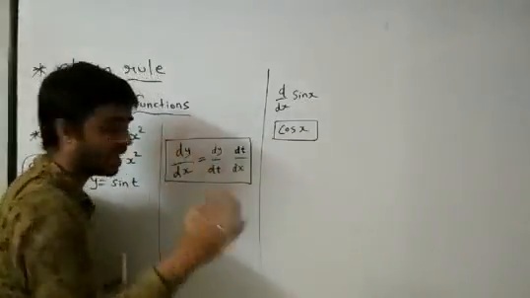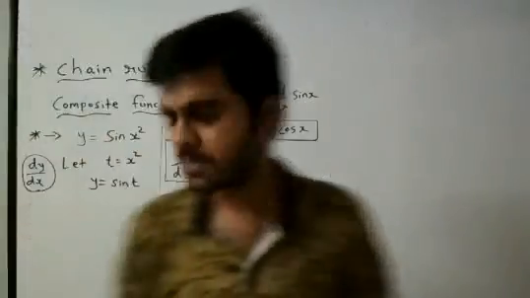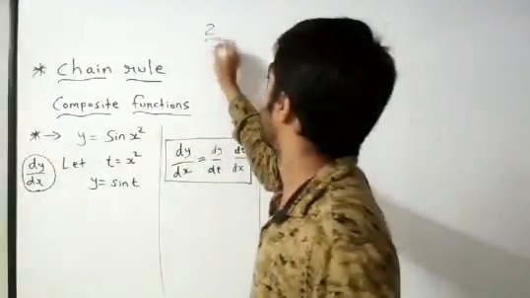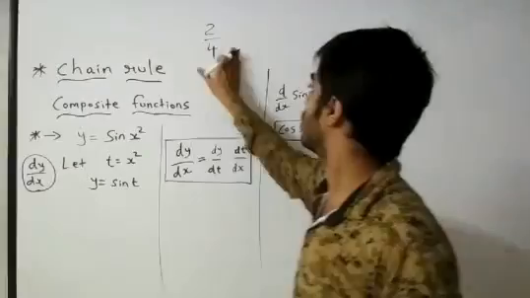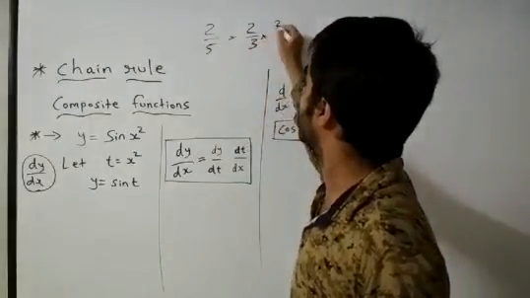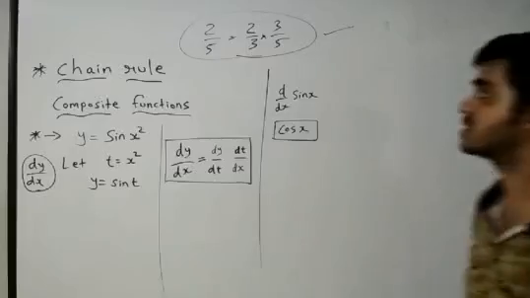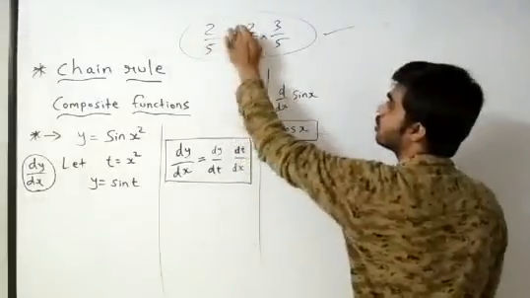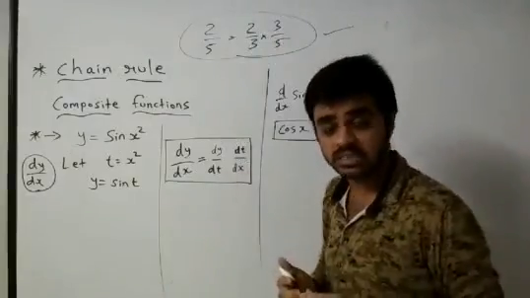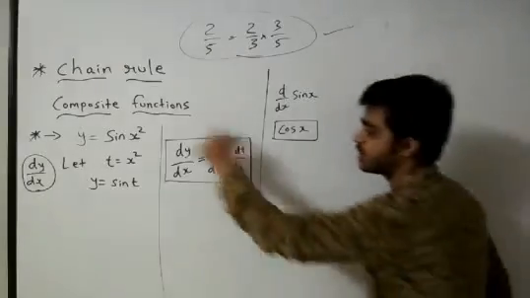dy by dx को मैंने कैसे लिखा हुआ है, dy by dx ही है ये, और कुछ नहीं है, लेकिन by dt and dt, तो dt dt एक्चुअली ये दिस इज अ जनरल थिंग, राइट, like 2 by 4 we want to write, not 2 by 4, 2 by 5, we want to write 2 by 5, so can I write 2 by 3 into 3 by 5, ये general thing, right, both are equal, yes, because in 2 by 5, 3 and 3 will be getting cancelled. Same way you consider here, consider like this way. Now this is chain rule.